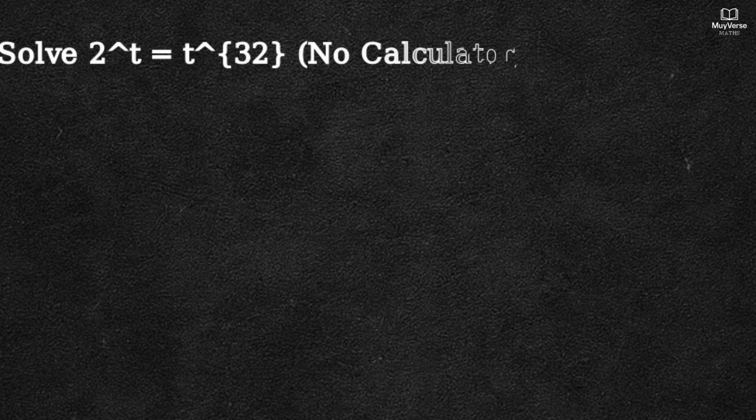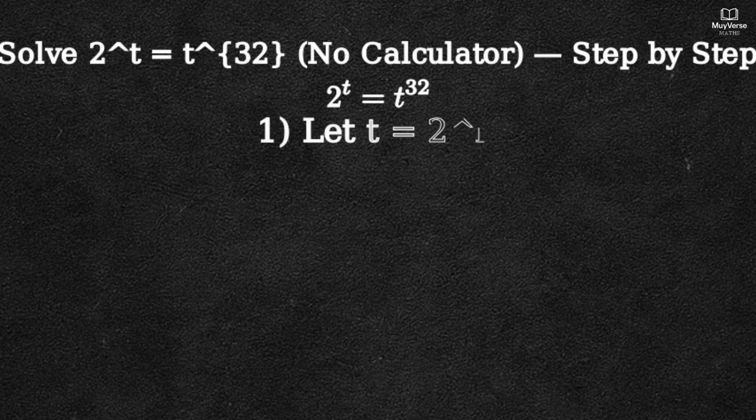In this video, we will solve the equation 2 to the t equals t to the 32 step by step without a calculator, and we will not skip any step. Step 1. Since t is raised to the 32 on the right, it is natural to try making t a